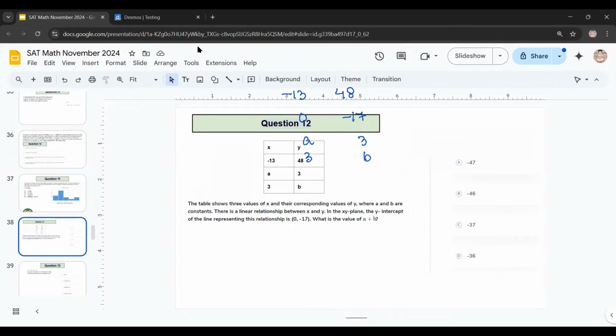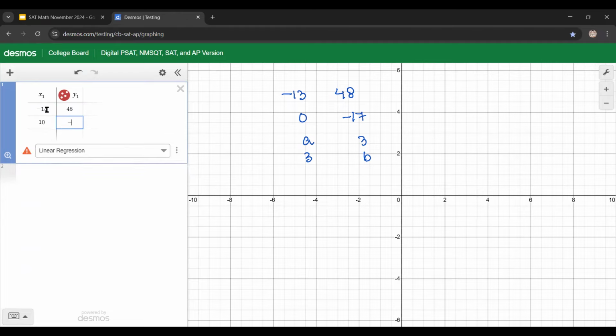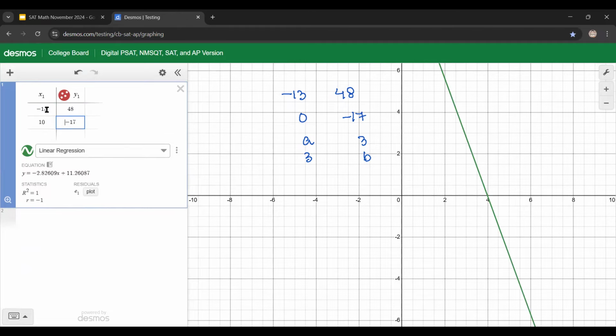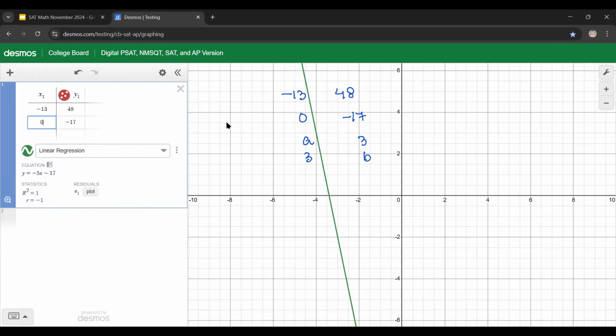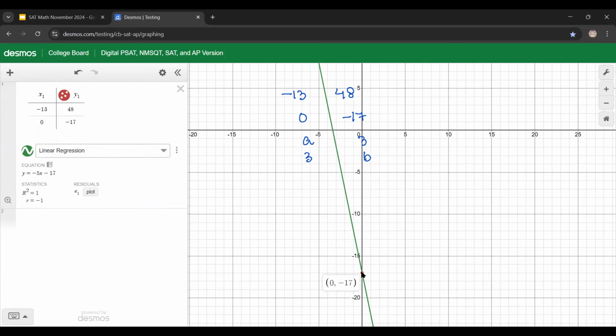Okay, here we go to Desmos. Let me just edit this. Negative 13, 48, negative 17 and 0. I have my line. Okay, so this 0, negative 17 was the y-intercept. You can see our y-intercept. Now linear regression, we got our equation. Now see,